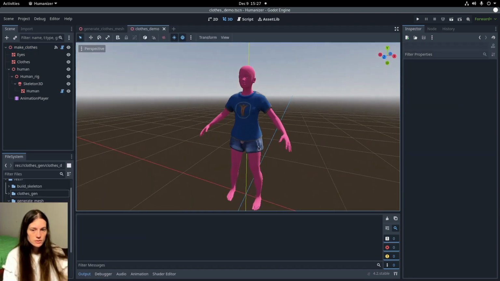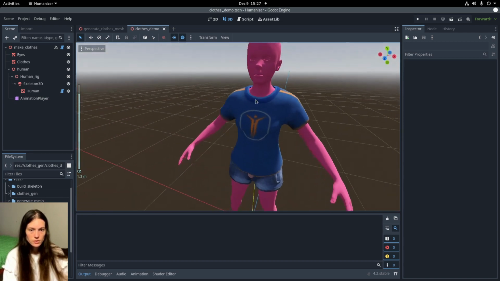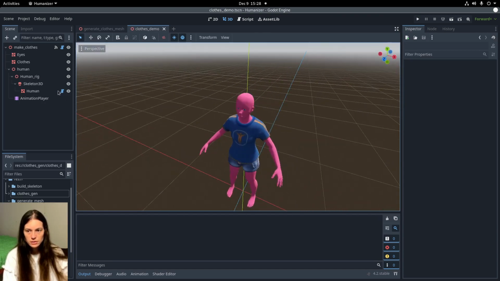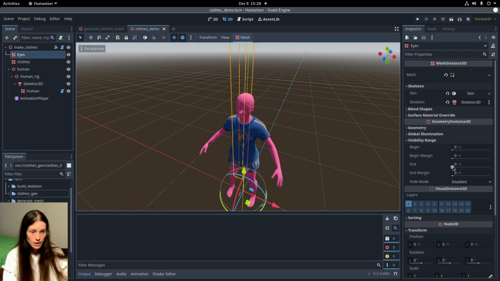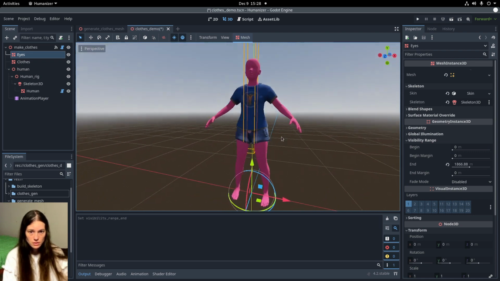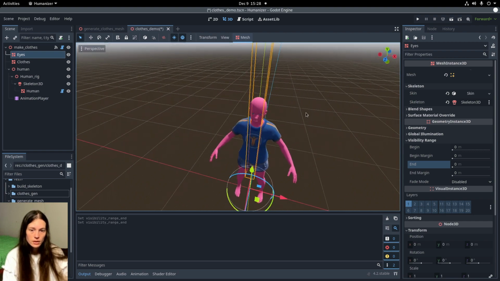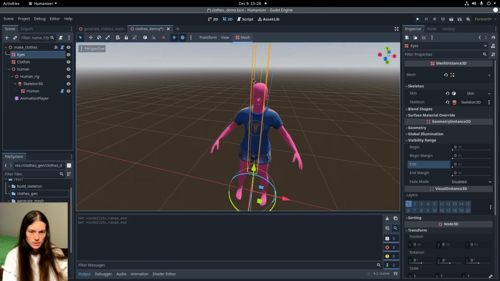So the issue here is when you move the camera to below the character, you can see that the eyes disappear. And I did try changing the visibility and the visibility range, and I tried the cull modes and the material and the render priority, and so I'm not exactly sure how to get these to render, but I think it would be best to add the eyes into the base mesh